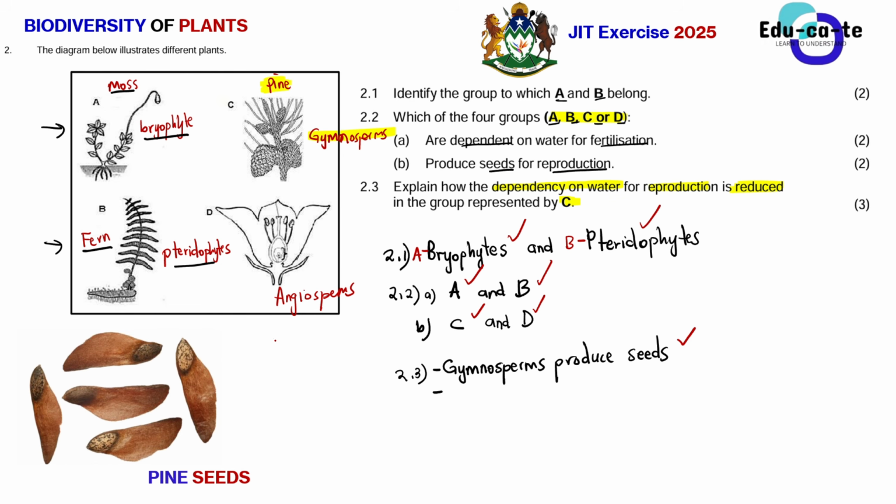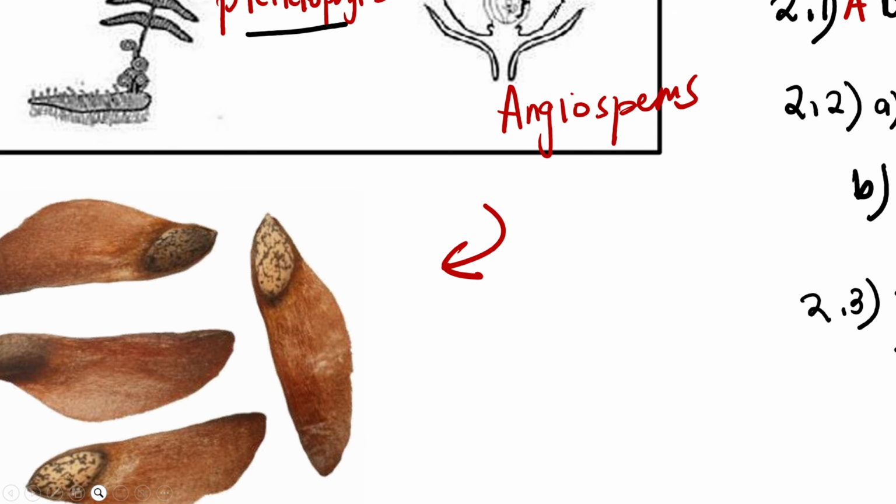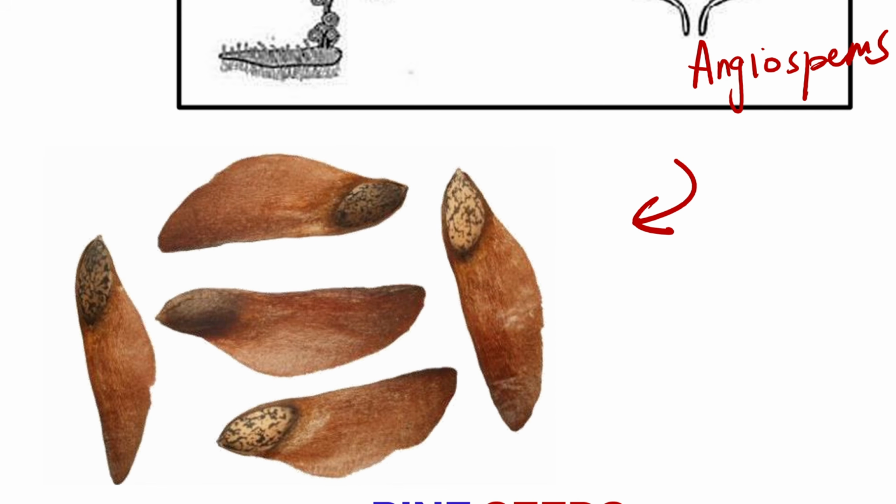Let's just shift our focus to this diagram that I've attached here. So this diagram is showing pine seeds. Let me zoom it in. These are the seeds of a pine plant, a pine tree, which is this gymnosperm. Look at the seeds. The actual seeds are just this part here. But you can see that the seeds have these structures that look like they can fly. Honestly, guys, you can see that this looks like they can fly, right?